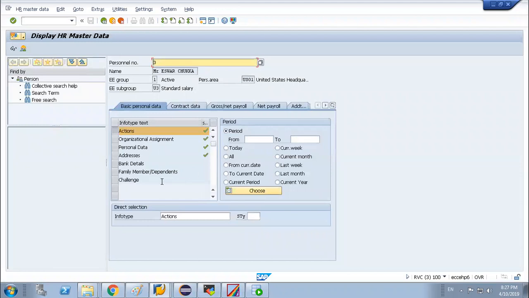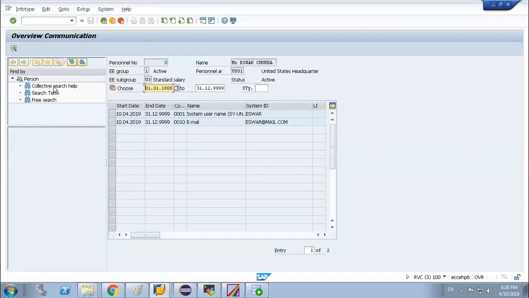Here, where is the info type, give the number 0105, subtype 0001. Let it open. If you click on overview, you will see info type 0105 is your info type of user ID, and 0010 is your communication mail ID.